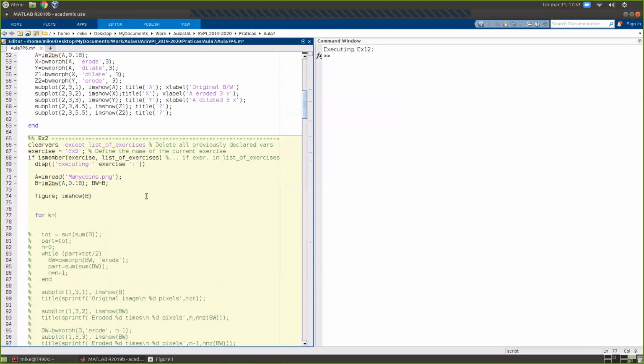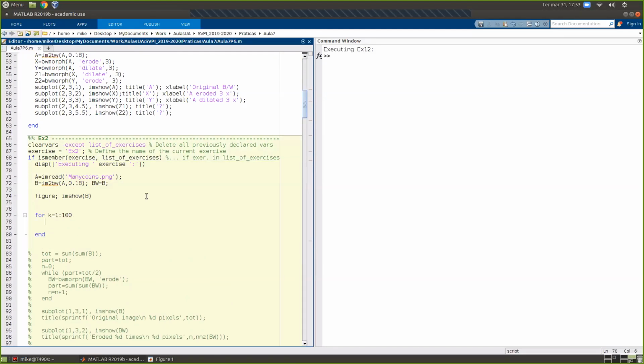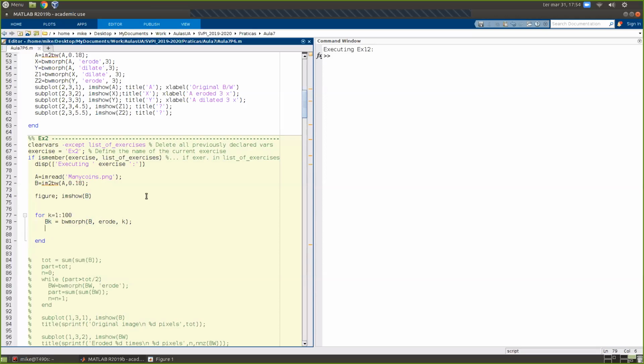Now for k equals 1 until 100, and now here I'm going to do B equals PM morph of B equal k, yeah, but like this. So this is my initial, and this is bk. And now you just do an EM show of dk